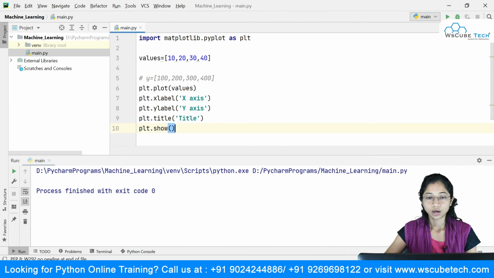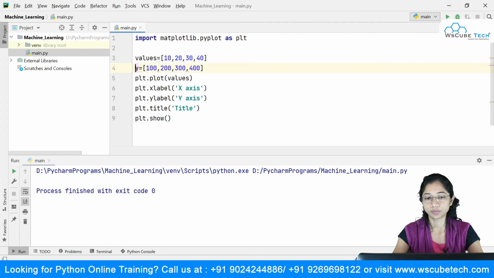More than this, I want to let you guys know that you can even plot multiple lines. For example, let this be my values 1, and let this be my values 2.